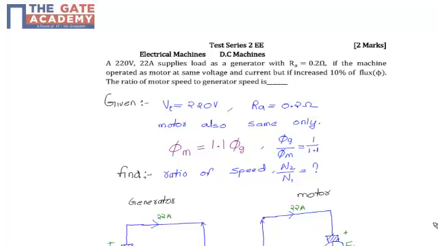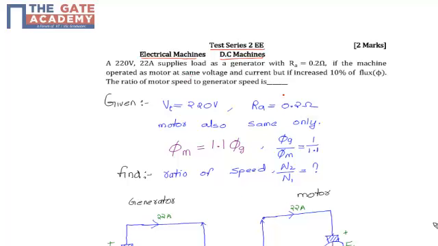Hello students, this question is taken from test series 2 EE, from the subject Electrical Machines, from the topic DC machines, and it is a 2-mark question. Given a 220 volt, 22 ampere supply to a load as a generator with armature resistance RA equal to 0.2 ohm, which is nothing but supply voltage VT as 220 volts and current 22 ampere with armature